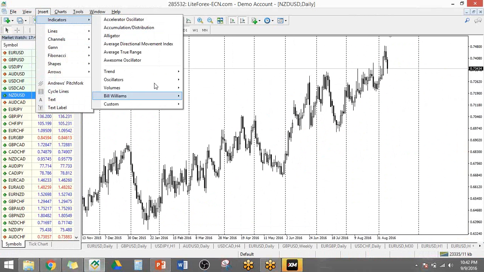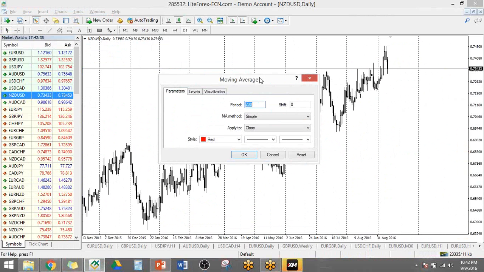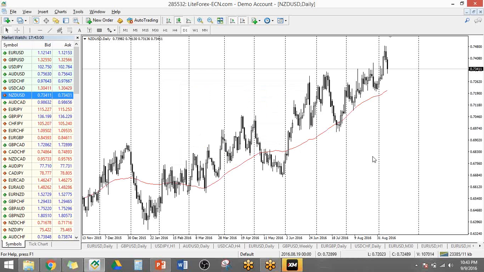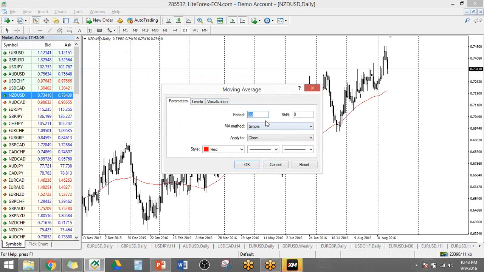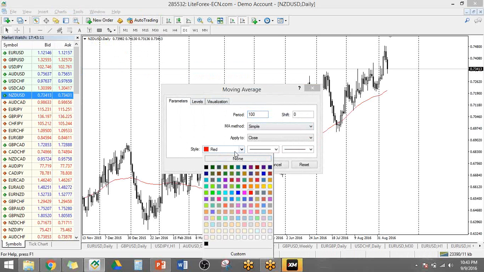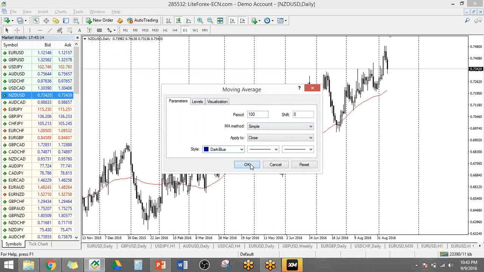Now, let's start with moving averages. Moving averages is the one that we plugged in earlier. You go to trend and then moving averages. Remember that whenever you're putting moving averages, the line there is an average of a number of candles, okay? And the number of candles is your period over here, okay? So right now, let's say I'm averaging the price of the past 50 candles, and then I'm gonna put it on red. And then let's go with another one, moving averages, and then I'll go for 100, and then I'll color it blue, and then there you go.